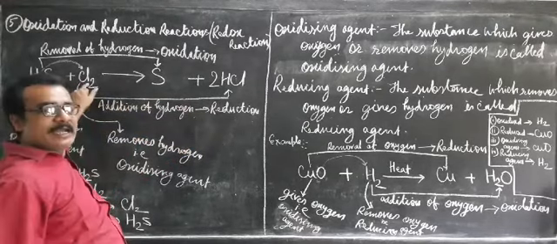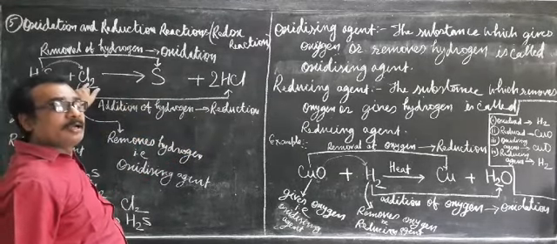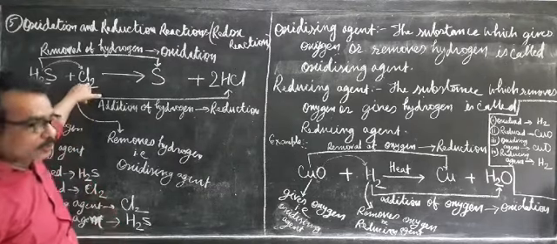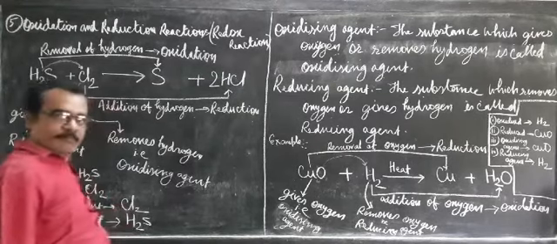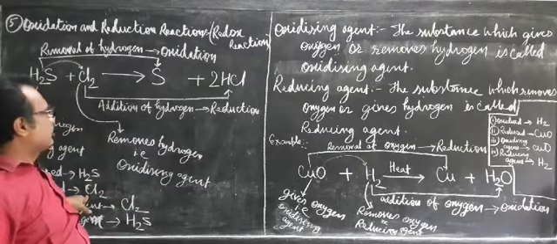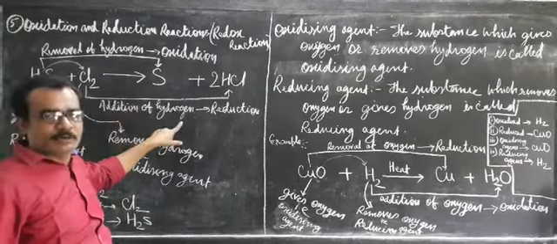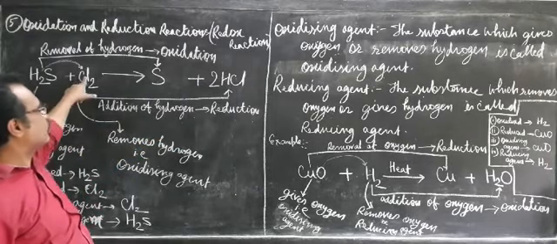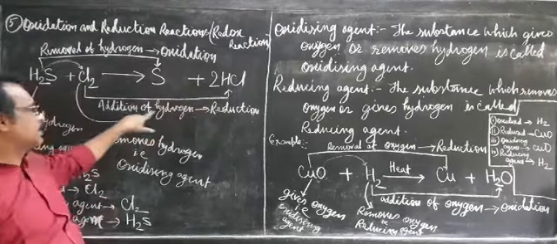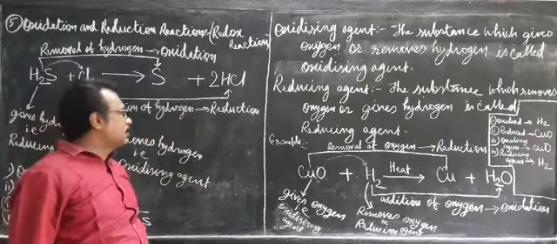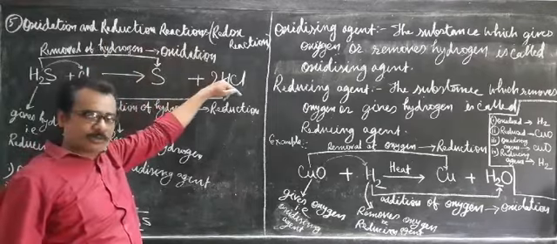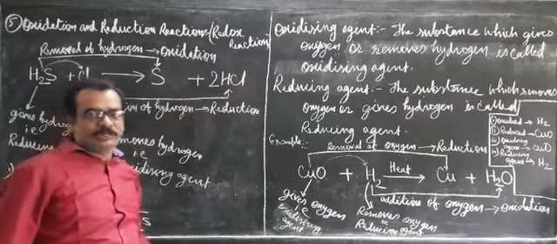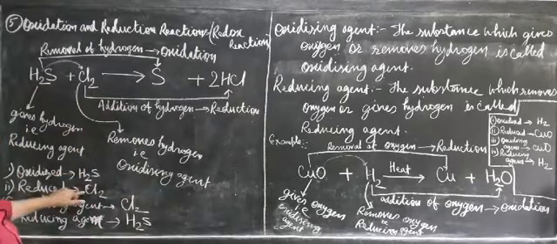So which substance got reduced? Chlorine. Why did it get reduced? Because there is an addition of hydrogen. When you compare chlorine with HCl, you observe the addition of hydrogen, which tells you that it had undergone reduction. That means chlorine is reduced to hydrochloric acid. So the substance which got reduced is nothing but chlorine.